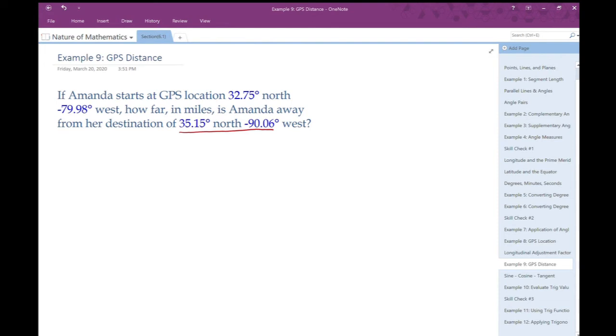So really, we have to start by drawing a right triangle. Our start location is here, and we see that from 32 to 35 means that we're traveling further north. So if my start location is 32.75 degrees north, comma, negative 79.98 degrees west, this is my ordered pair for this point. Now I know I'm moving northbound,